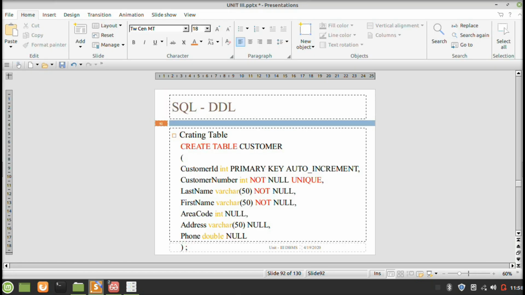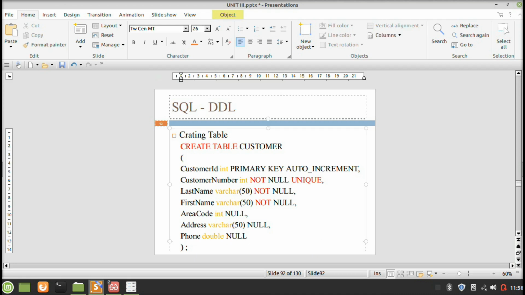For creating a table customer with the different fields customer ID, customer number, last name, first name, area code, address and phone, the syntax is as follows. Create table customer. By opening the bracket, we give the different fields with their data types and also the different constraints available in SQL statements.